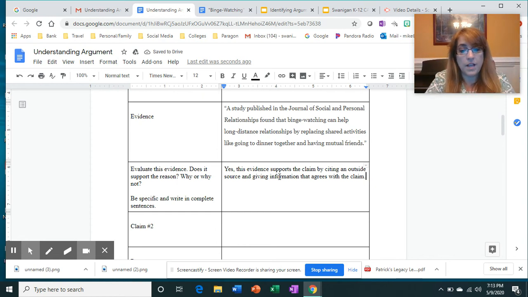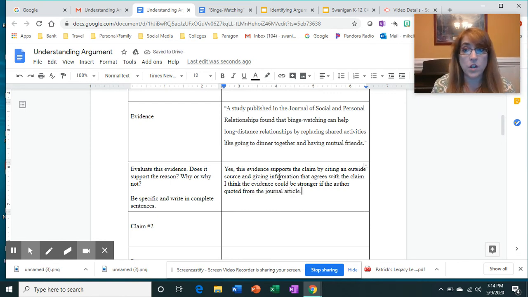I might also say I think the evidence could be stronger if the author quoted from the journal article. Because that's something we've talked about, right? When you quote from your evidence, it's actually stronger than just generally talking about it, okay?